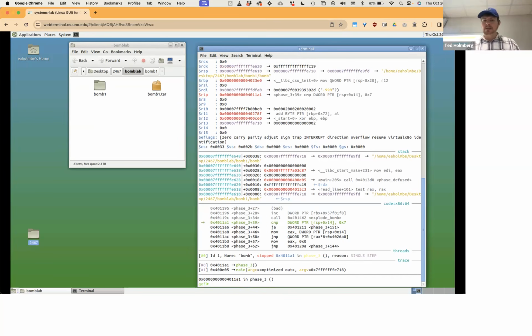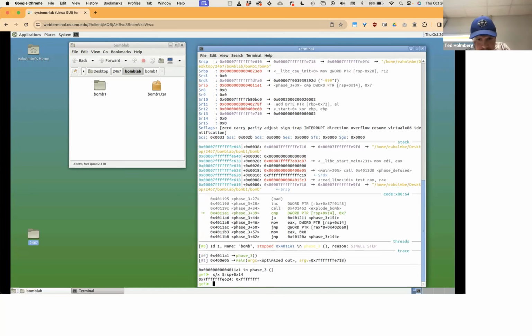We're going to compare to see what is at RSP plus hexadecimal 14. So why don't we take a look and see what that is? We're comparing it in terms of a numerical value. It's hexadecimal. Let's use X, and we'll keep it in hexadecimal notation. Let's do RSP, and then we'll add to it that offset, and it looks like that is,